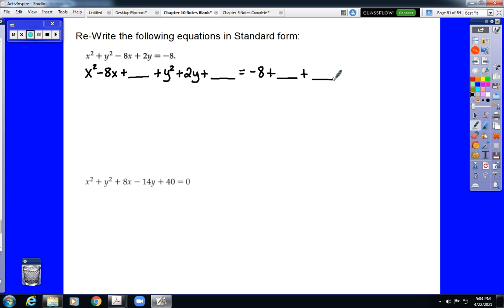So when I say completing the square, we should remember that the idea of completing the square is really completing the perfect square trinomial. What I mean by that is we're trying to create a trinomial whose two binomial factors are the same binomial. So remember that what we do is we take this value, negative 8, and we divide it by 2,